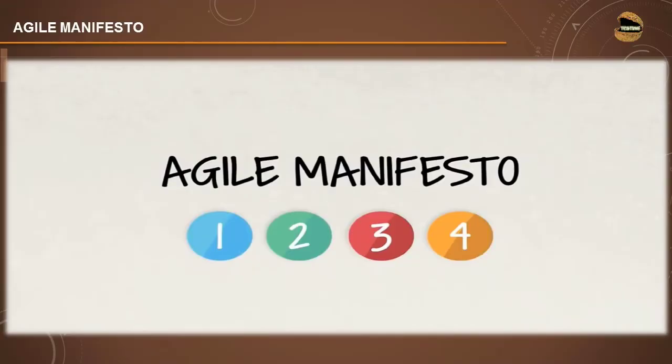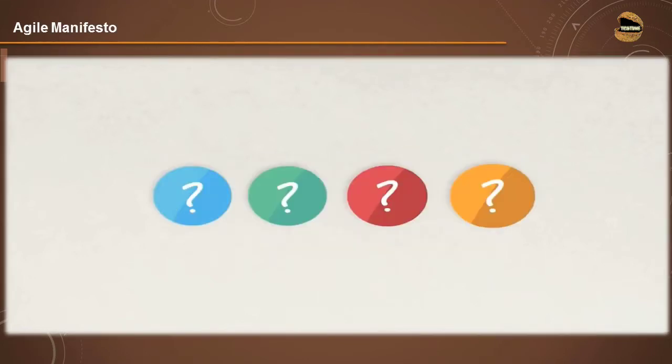Agile Manifesto is basically a collection of 4 core values which is applied to the Agile methodology in order to create the uniqueness of the Agile methodology when compared to the traditional models. So yes, Agile basically is a set of different core values put together, which makes it unique in terms of the characteristics and the practices, which is definitely different from the traditional approaches. So we have 4 core values which makes Agile Manifesto. Maybe if you want, you can just pause this video for a second and think about what the 4 core values could be.